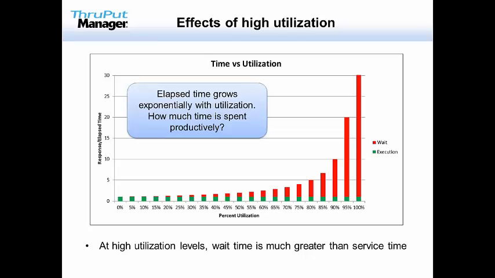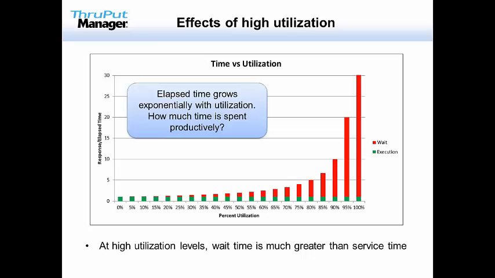This is really just a basic queuing model, nothing special about it. And it's not the actual values that are important, but rather the pattern. What I've done here is simply set an arbitrary response or elapsed time of 1. That can be 1 second, 1 millisecond, 1 hour, 1 day, 1 year, it doesn't matter. The point is you're setting what your execution time will be for your transaction, your job, whatever, your unit of work at 0% utilization, and then projecting what happens to the total elapsed time as utilization rises.